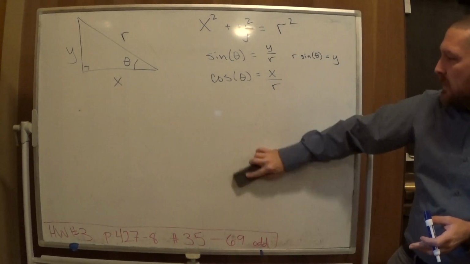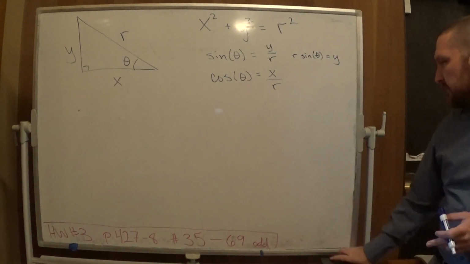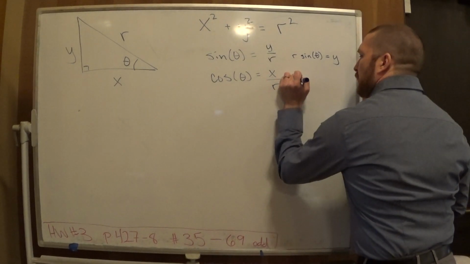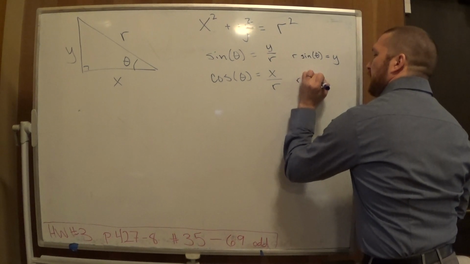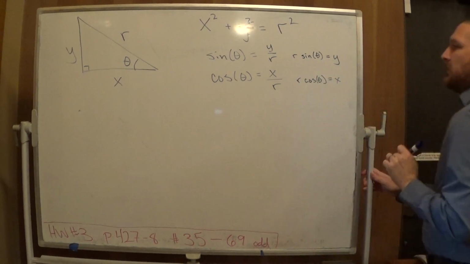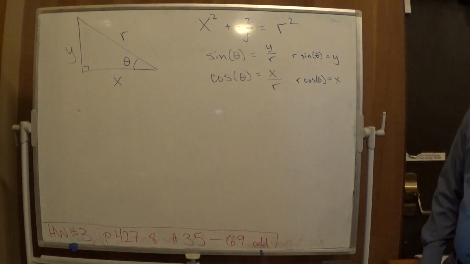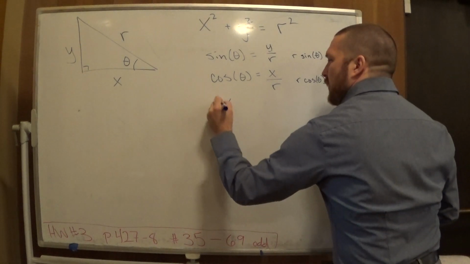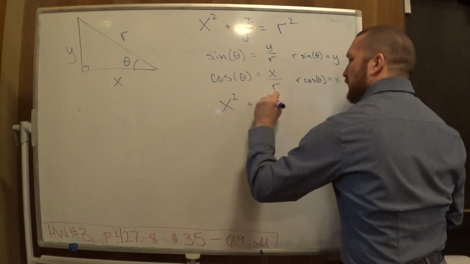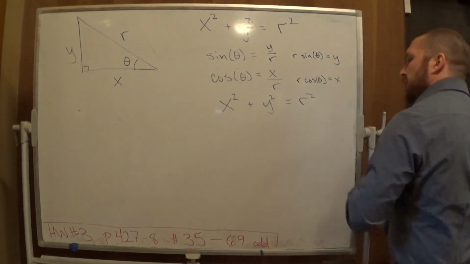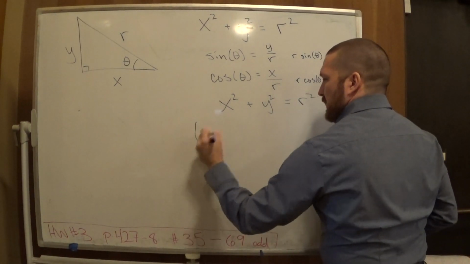Okay, now what about the cosine? How do I get the x by itself? What's it going to be? R times cosine theta. So r times cosine theta equals x. Now let's just substitute these into here. We know that this must be true. We know it's true that x squared plus y squared is equal to r squared. And so it must be the case that if I